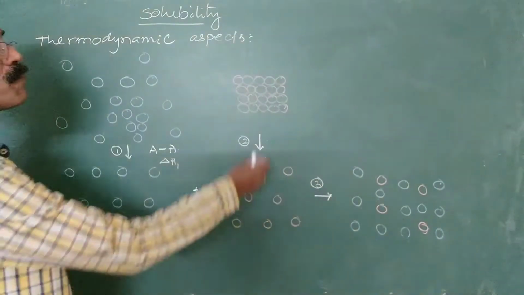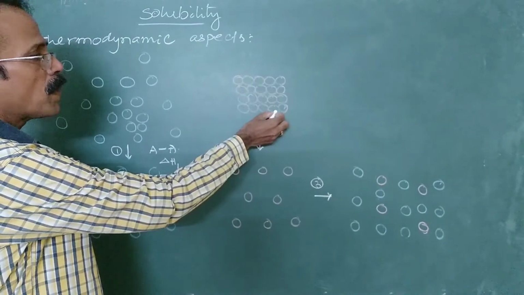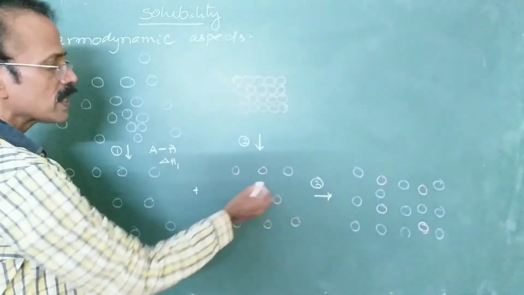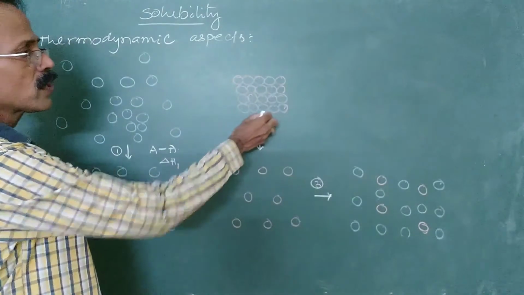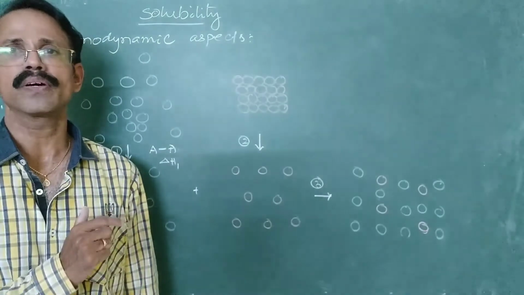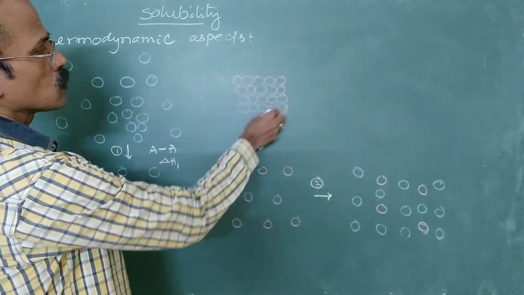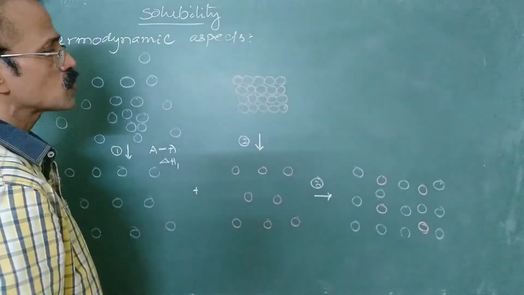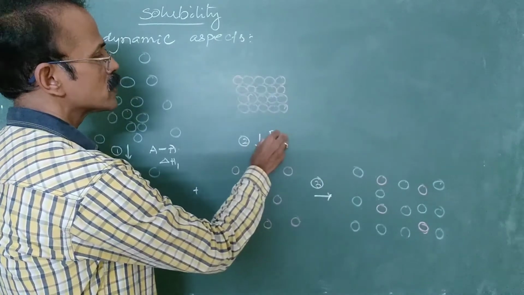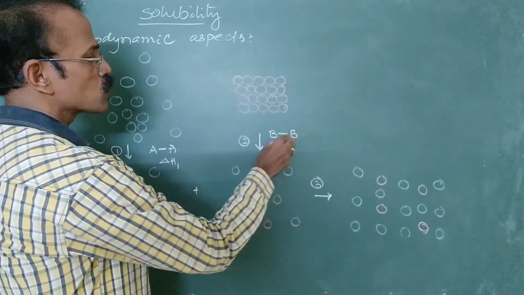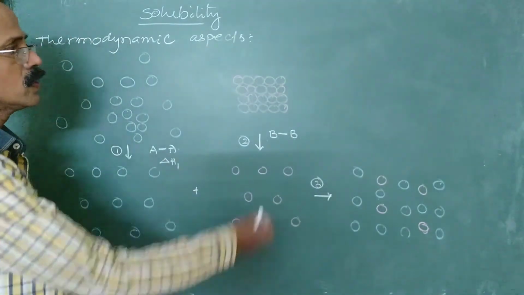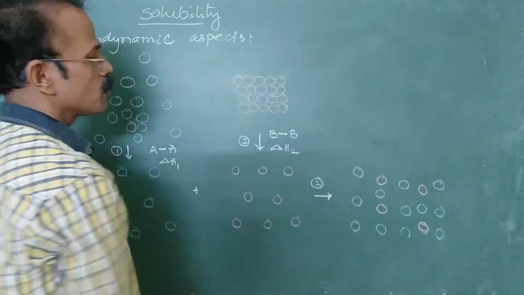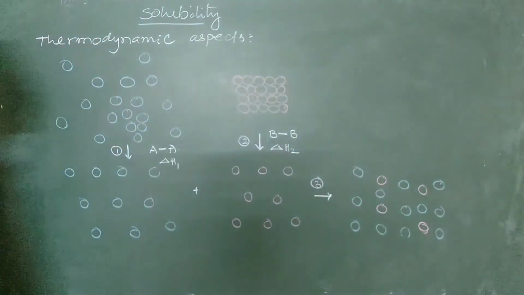In the second step, solute particles break to form loose particles like this. Here we are talking about the dissolution of solid in liquid. In a solid there is an orderly arrangement of particles like this. There are strong attractive forces. Let us say this solute is B and the attractive forces between solute particles are BB. For breaking the attractive forces, some energy is required, so that is delta H2. This is the enthalpy change involved in the second step.